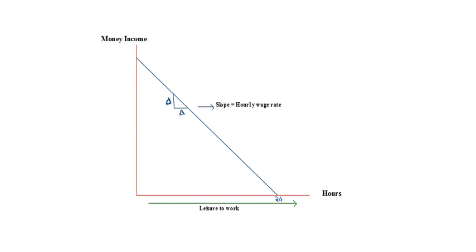The slope of this negatively sloped line basically indicates the hourly wage rate. So it shows how much the wage rate is going to change if an individual is spending an additional hour for work or an additional hour for leisure. How the wage rate fluctuates on a per hour basis is known by the slope of this negatively sloped line.